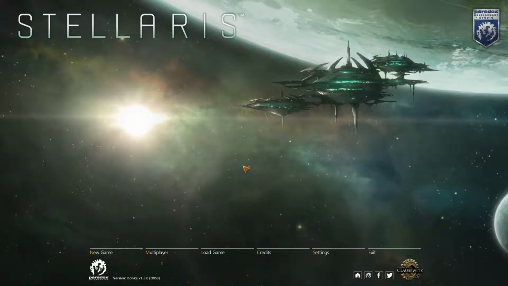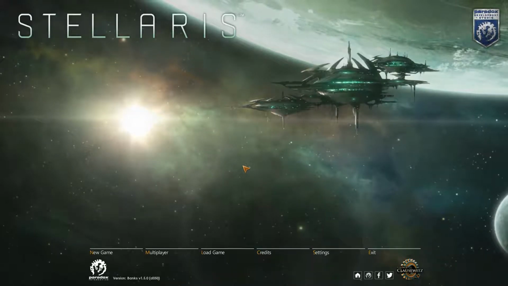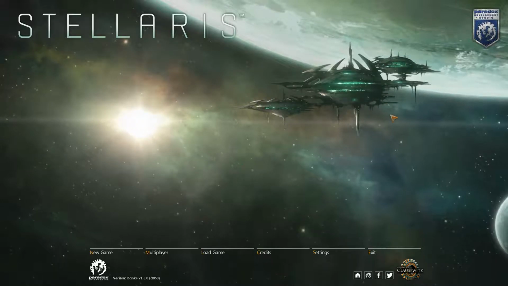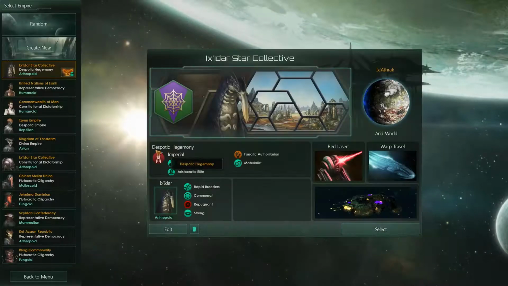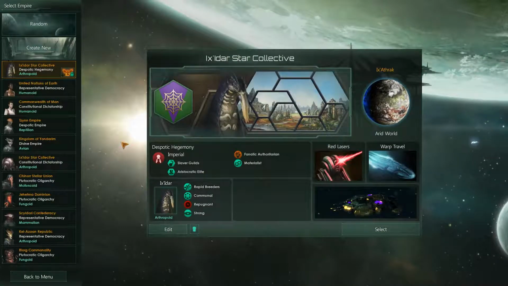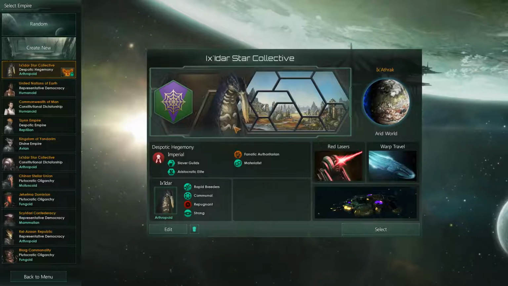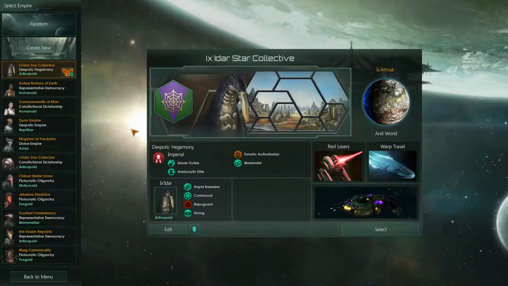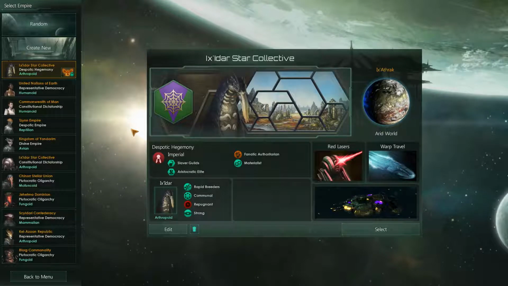It's here, Stellaris Utopia is out, it is time for us to begin our playthrough of the first expansion. So let's go ahead and create a new game. Alright, so, we're going to create a new species for this game. Here's the Ixodar Star Collective that we used to learn how to play the game quite a while ago. Hopefully we still remember. I've updated them